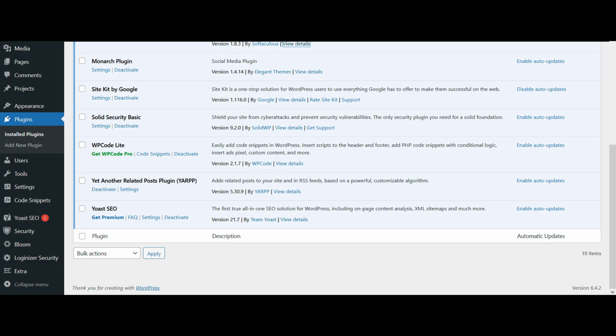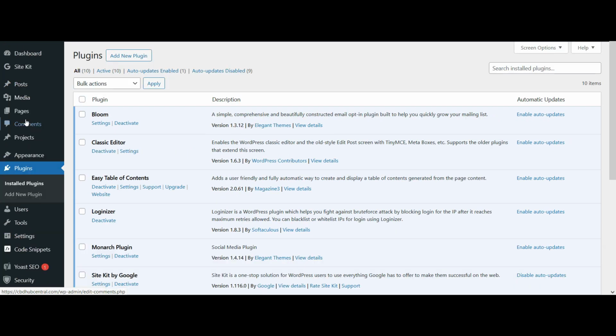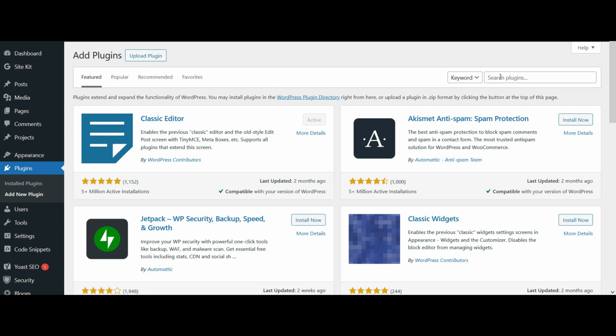If you're new to WordPress, I'm going to show you here how to install plugins. It's very simple. Once you're logged into your WordPress, you click on the Plugins tab. You click on Add New Plugin. And here you search for the plugin you want. So if you want Site Kit by Google,